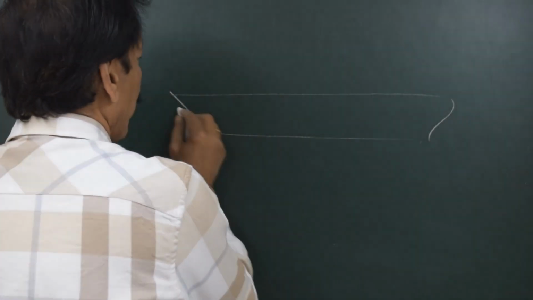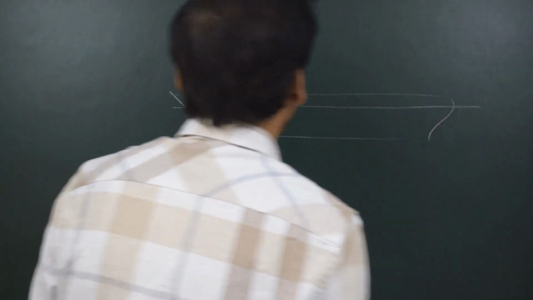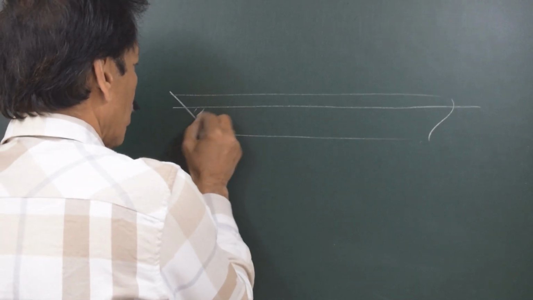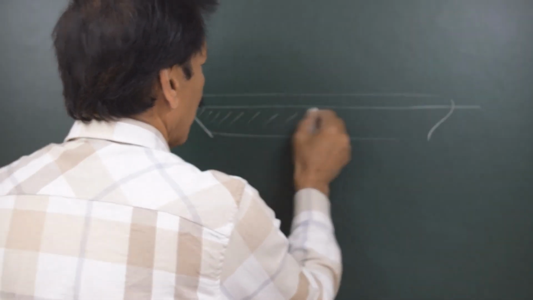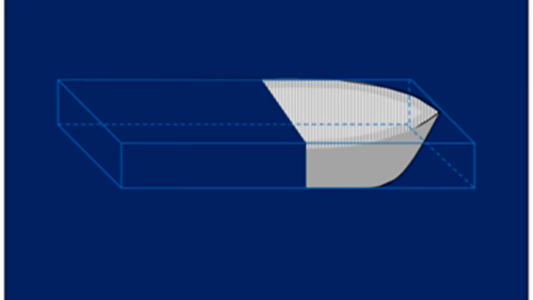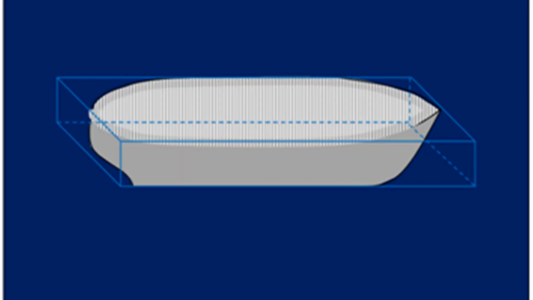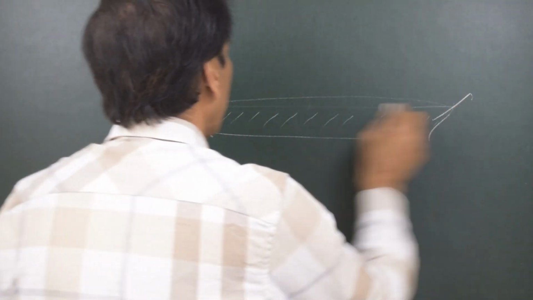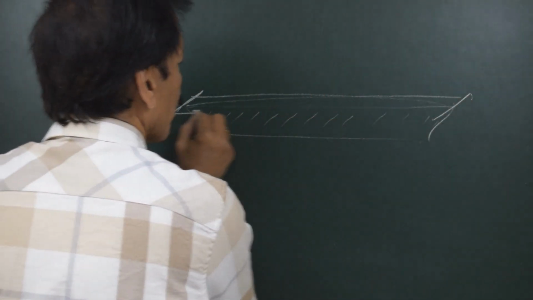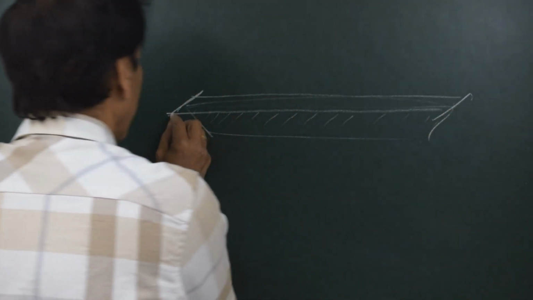Let us say this is the water level. Now, if we consider just the underwater portion, say at summer draft, suppose this is summer draft. If we just consider the underwater portion, if we want to fit it in a box whereby this underwater portion just fits, then